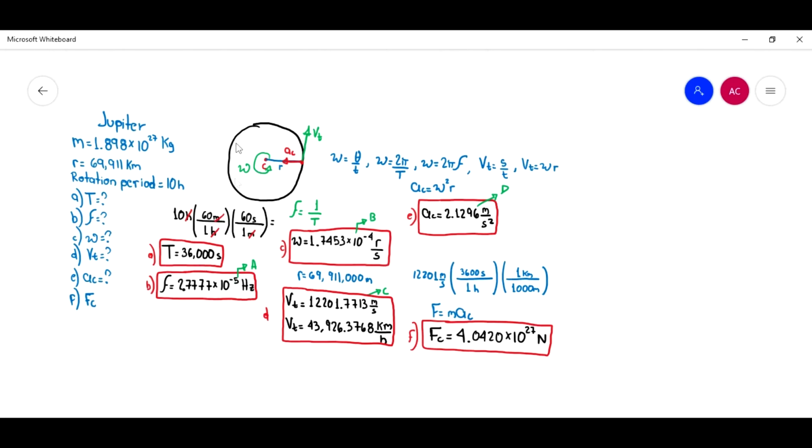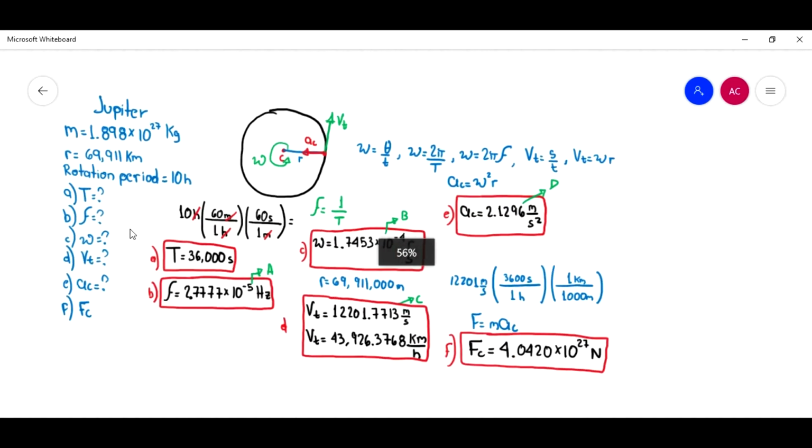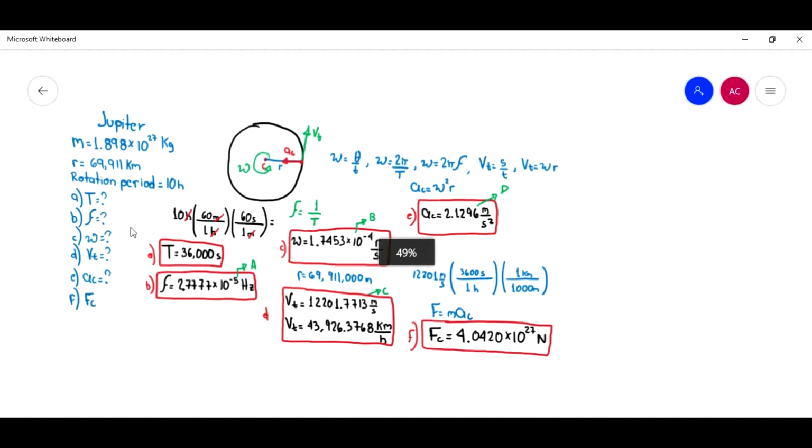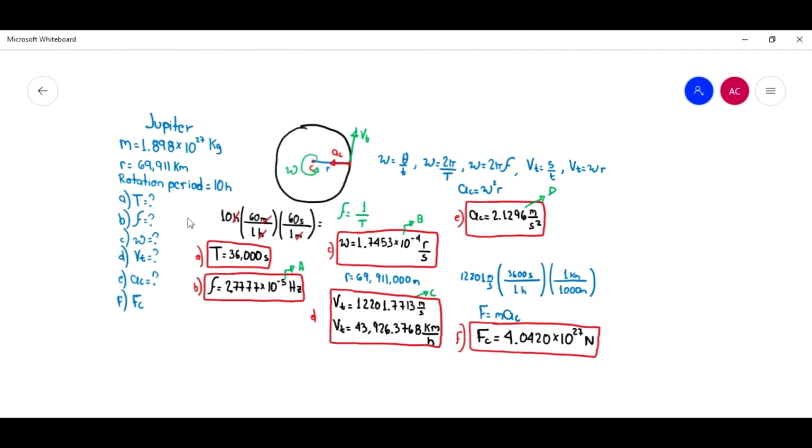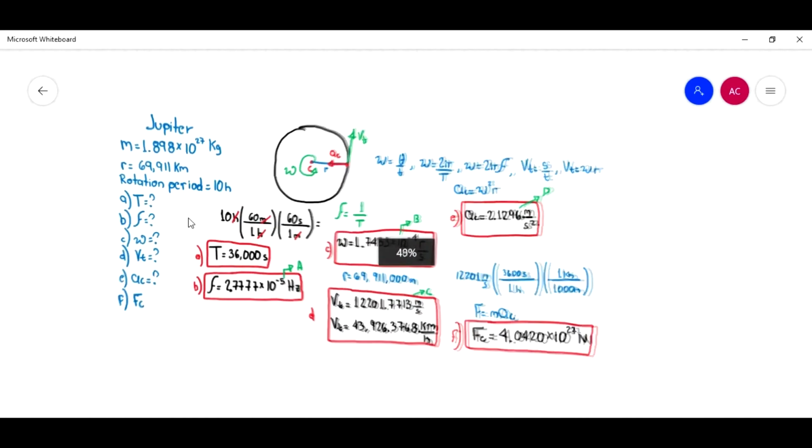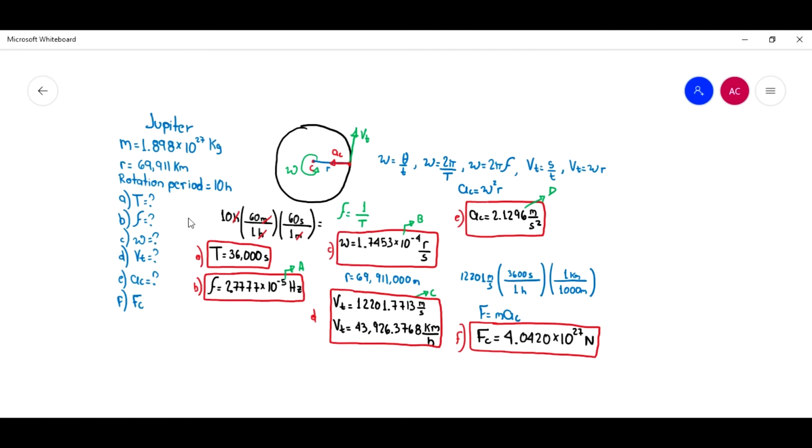circular motion, so planets are kind of spheres, but if we are watching them in 2D, they technically are just like a circle. So we got the mass, the radius, and the rotation period. With that information, we can find everything. So I hope you understood this problem, and we are going to continue seeing more problems